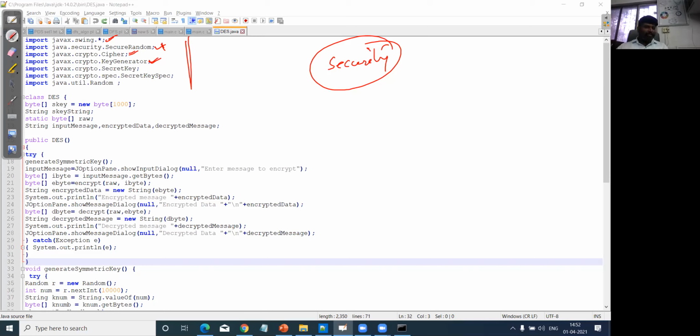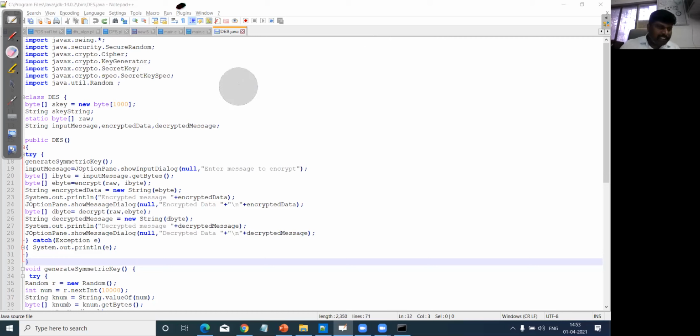So for these crypto based libraries, we can use all the libraries that will be required, such as java.util.Random. These are the packages which are common as well as specific to cryptography and system security techniques. I hope this is clear. Is the font visible, or shall I increase the font size?